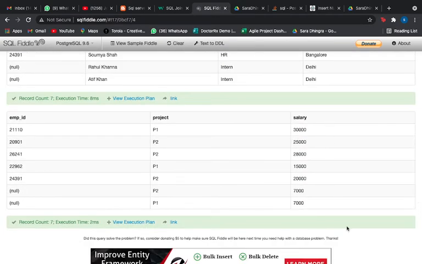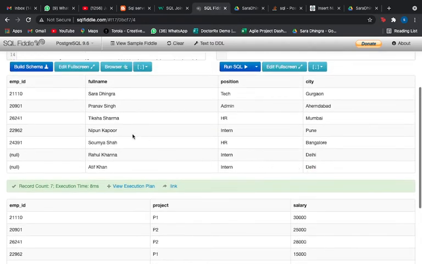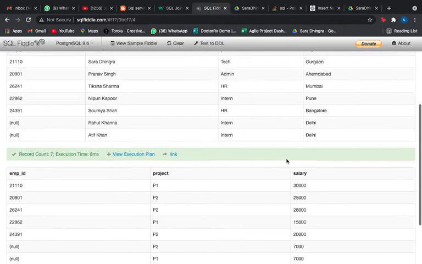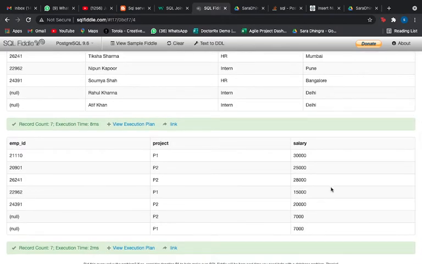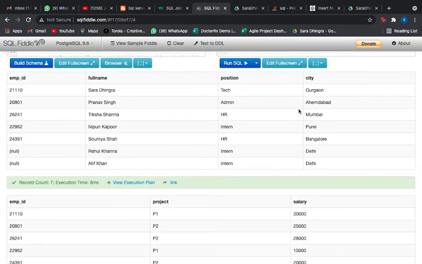I want to see the salary of those employees. So we have 3 columns from the first table and 1 column from another table. That means we need to join both these tables because we require columns from 2 different tables. So how are we going to do that? We are going to display all these columns.